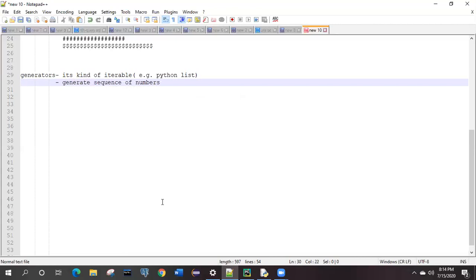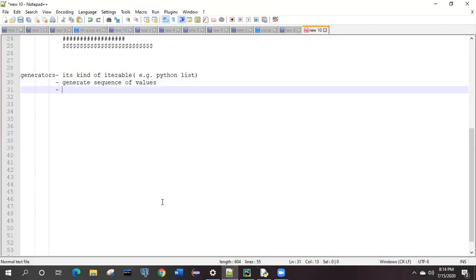We can generate a sequence of not only numbers but any value, but it should be a sequence. You always have to pass something, and based on that, it is going to generate the sequence of that value. Do we import a generate function? That is the coming point. First we will see the syntax, then we'll see how it is going to work.